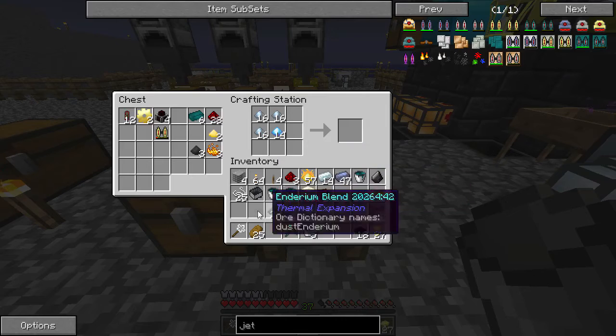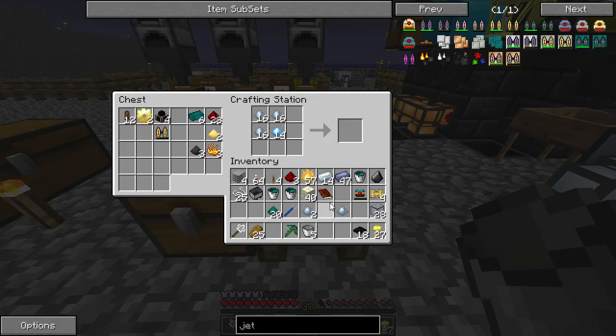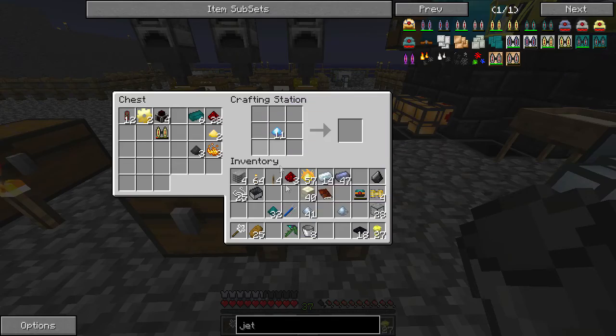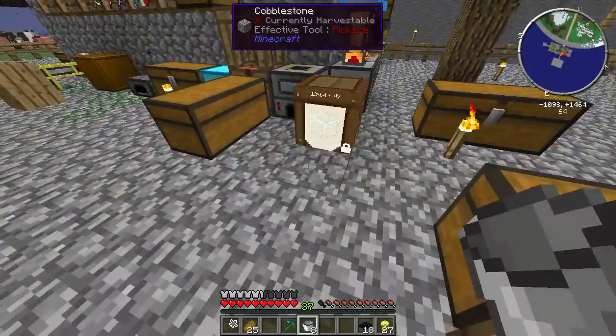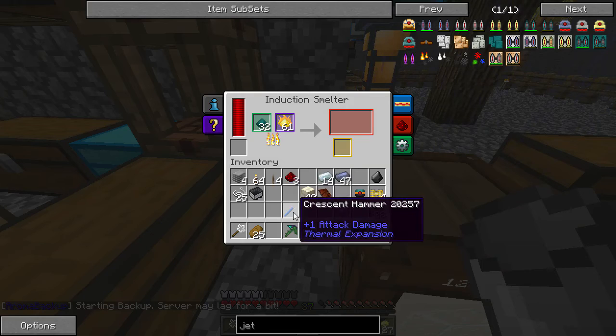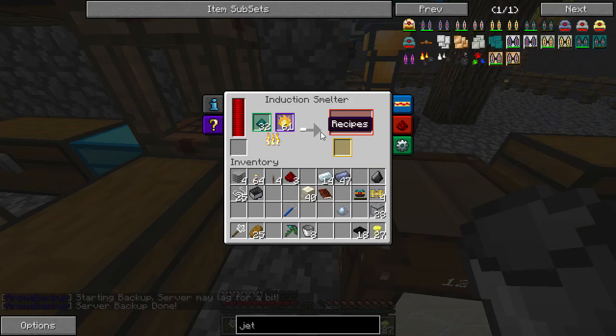We will see at the very least. And Enderium is used for other things as well, so it's not as if any of this will go to waste. It just won't. And yeah, that will do for now. It'll have to do for now. It's what we have. So go over here to the induction smelter. We drop these into place, and these. And before too much longer, we should have